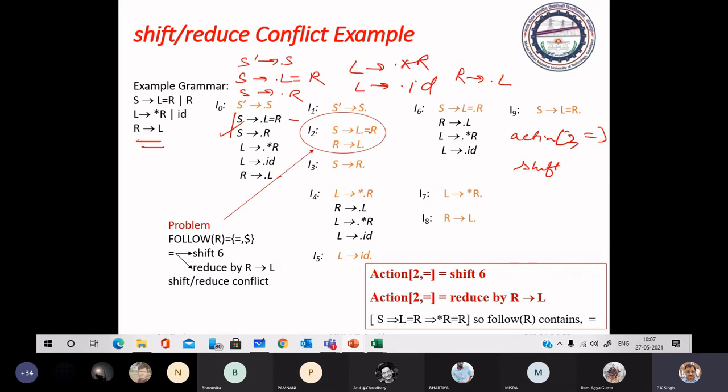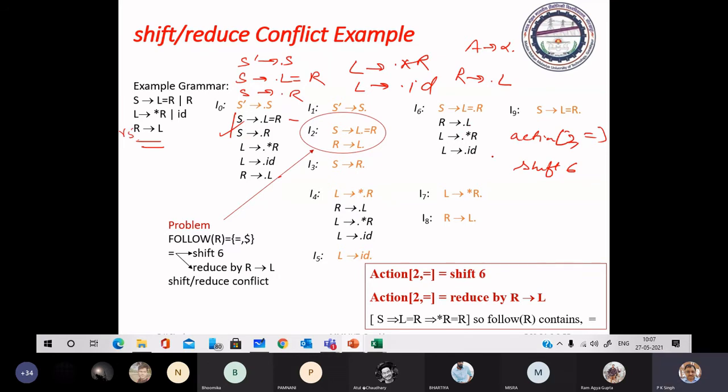Goto I2, this equal is 6, I6. So shift 6. But due to this production, this item is having R to L alpha dot form. So action is reduced by R to L by this production. Suppose 1, 2, 3, 4, 5. This is R5. Reduced by production number 5.